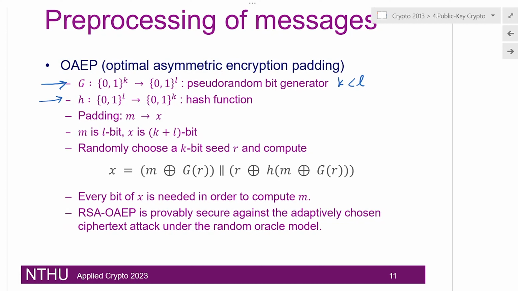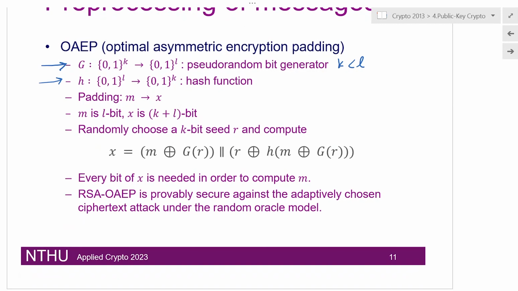So the idea is to pad a message M before we even encrypt it. So let's see how it works. Before starting anything, we suppose that our message is l bits. Remember, you see that we are using some parameters over here. Depending on your setup of your RSA key generation, you can decide about these numbers. These are just parameters that we would add to our key generation algorithm. It would make it a little bit more complicated, but it is not super complicated. We should be able to do this with no problem.